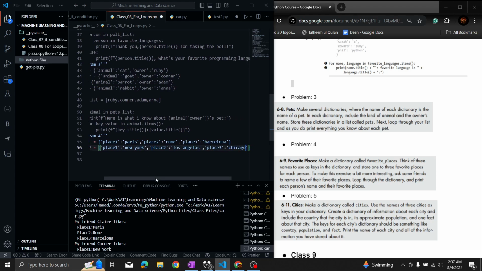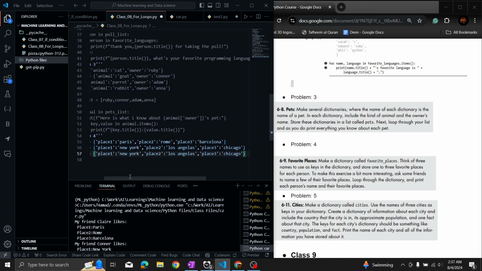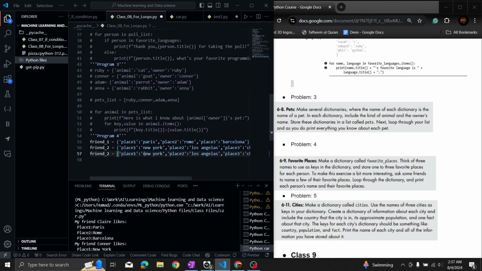So in this way we have locations for our second friend. And now let's do this for our third friend. So place 1, let's say he likes Tokyo first, and then secondly he likes Sydney in Australia, and the third thing he likes is London. So we have 3 different friends